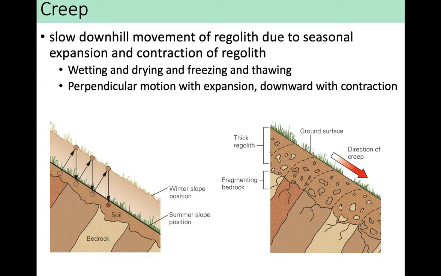So the slowest type of mass movement is called creep. So this is because the land is creeping. It is not a fall that happens right away. This is something that happens over time. So it's a really slow downhill movement. So as you can see,